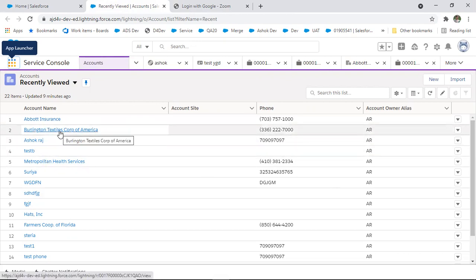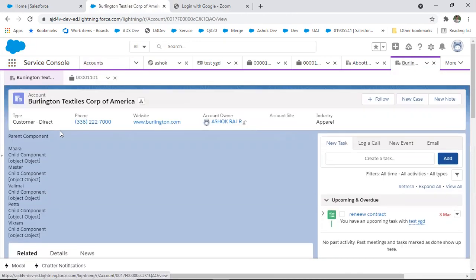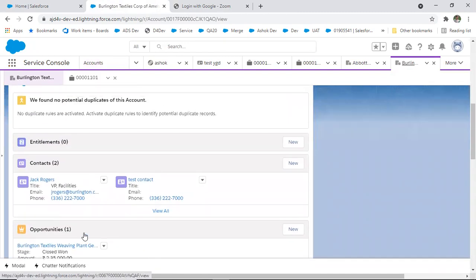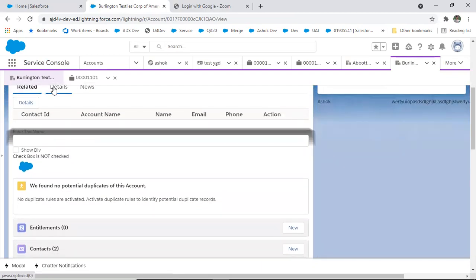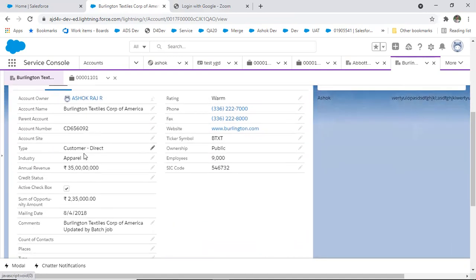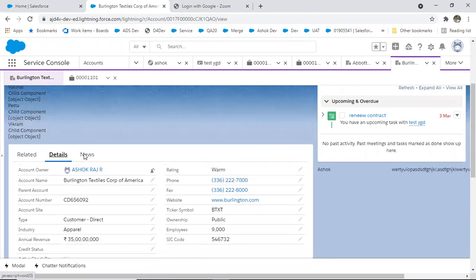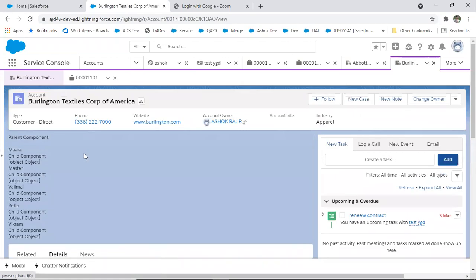All these agencies, all the business details, I will be holding in the account information. So an account is nothing but the company details. In those details, I'll have the account information like their email ID, phone number, the contact persons, everything about the company, their billing address, shipping address, whatever company information I need as the agencies, I will have all the details here.